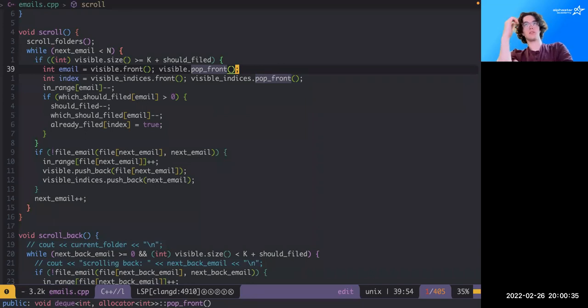So we pop this off. We do want to update should file, which should file, already filed, and